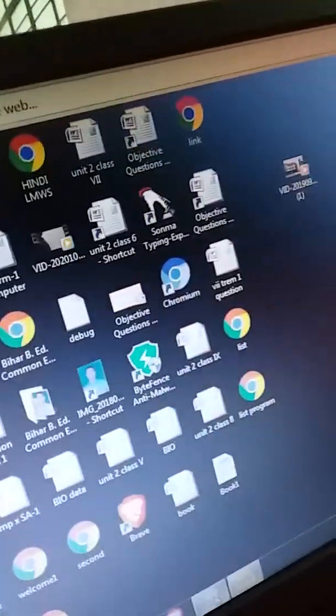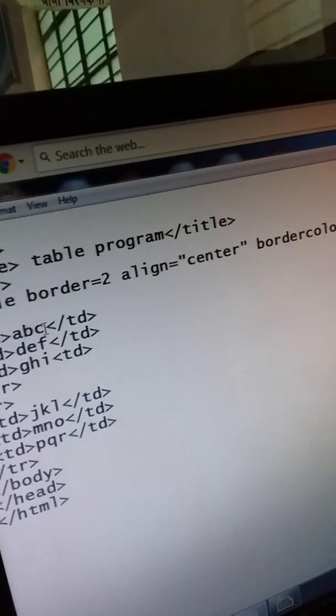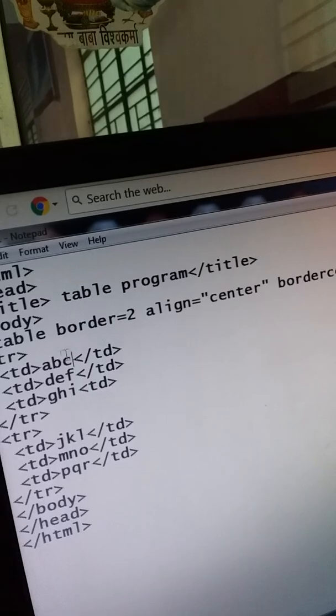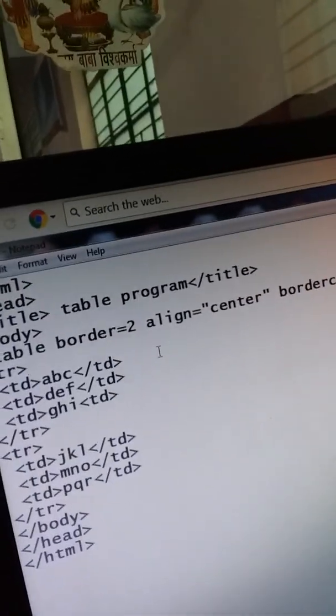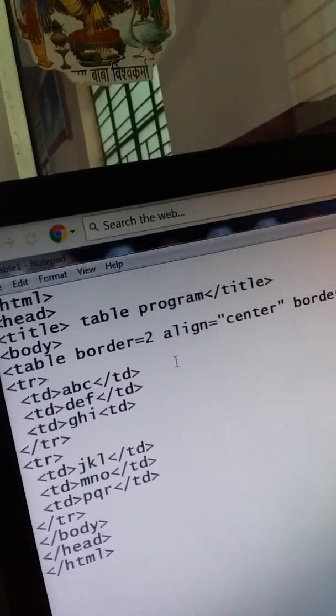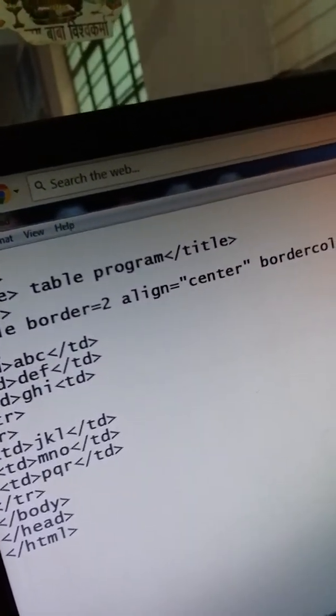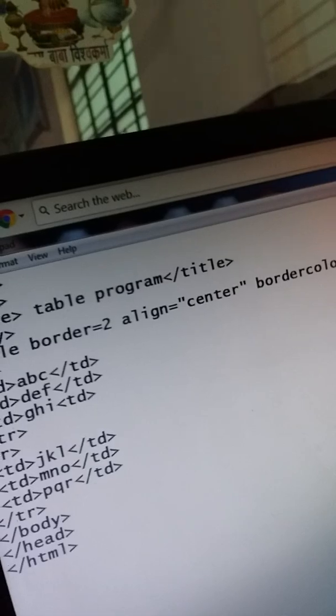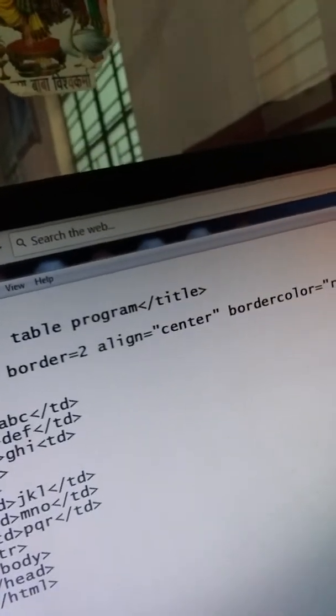Again, I am going to change something. Open Notepad. Now, suppose I want to write the names of the students like a heading. So inside the first row, in this way, use tr.